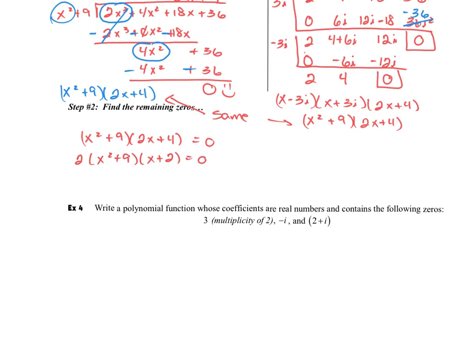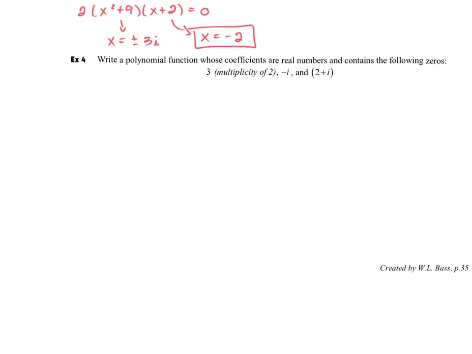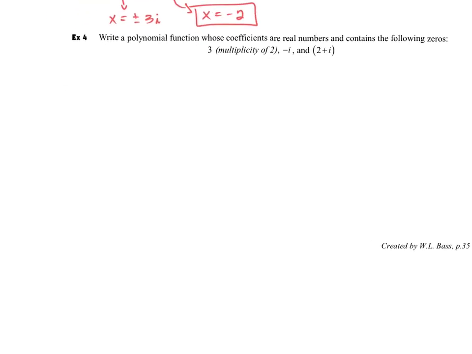Either way, we can see that this gives us our zeros, as we already found, of plus or minus 3i, and our last 0 is a negative 2. Okay, so that's a pretty common problem that you're going to run into, so you definitely want to feel comfortable with that. Now, this last problem we're going to do requires some very intense algebra, so I'm going to prompt